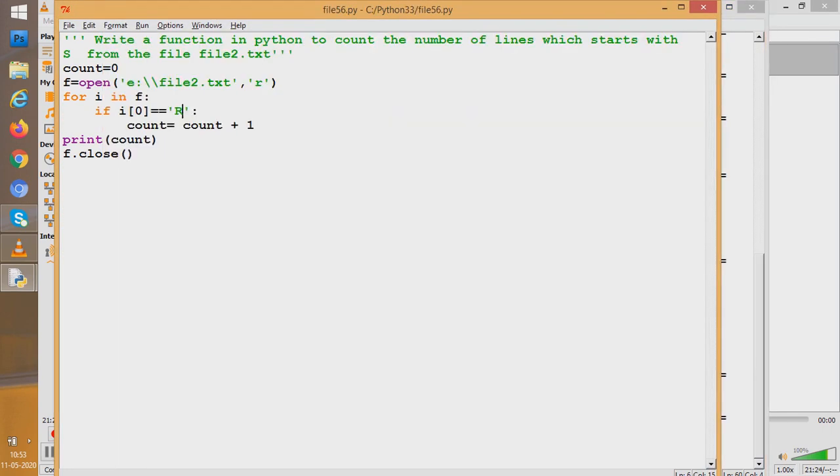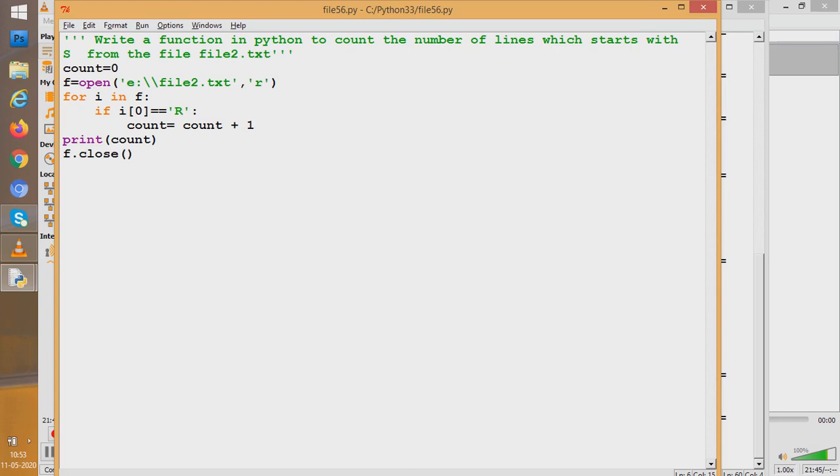With readline I had to write more than one readline again and again for checking each line, so it is not preferable. What we should do is go for a for loop with the file object, that is for i in f, and check each line one by one in this way.